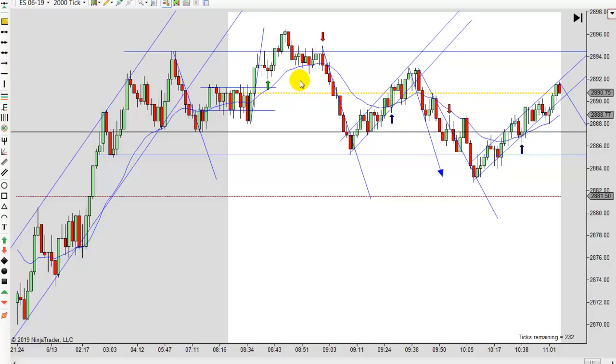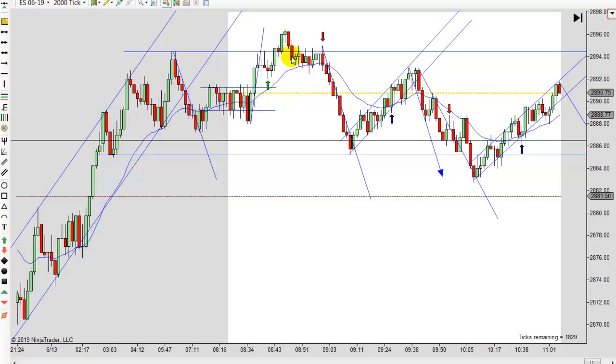I get that question more than anything. I had somebody yesterday send me an email, or it might have been this morning. I think I answered it this morning. But basically he was asking me about several trades, and several times he was using either this bar or even this bar. And this is your signal bar.